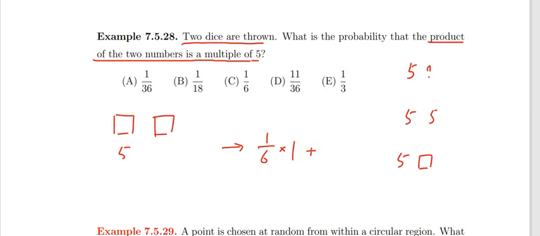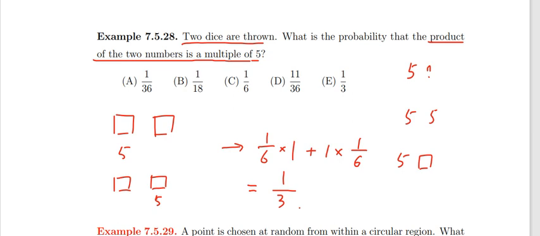Then plus, it could be that the second one is 5. So the second one is 5, and the first one doesn't matter. So it seems the answer is 1 over 3, right? But